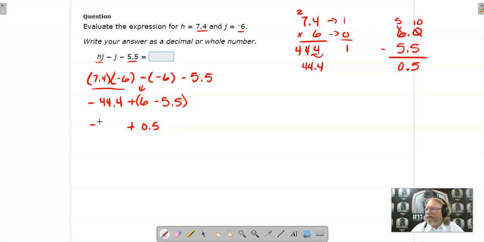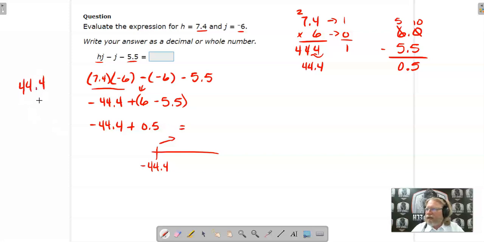Now I have negative 44.4 plus 0.5. Well, on the number line there, I'm at negative 44.4. Adding to it 0.5. So I'm going back this way, right? But I'm only going back half. And one way to think of that is, let's just line that up. Let's use that idea of, instead, let's subtract them, and let's let the number with the greater value win out on the sign, right? So on this one here, I could set